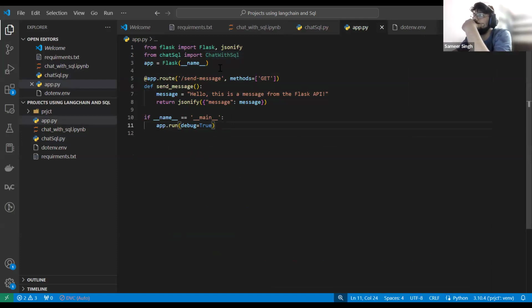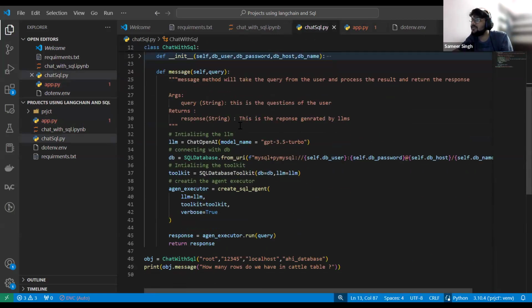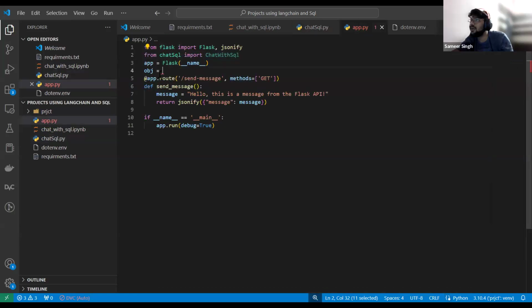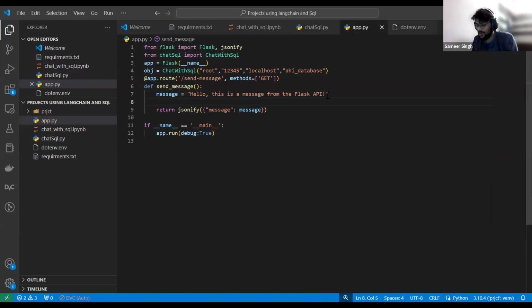Now we'll have to create the object with respect to this class. So obj is equal to this, and basically all this we will give it here. Right now I'll write the same thing, but here I'll just write obj.message.